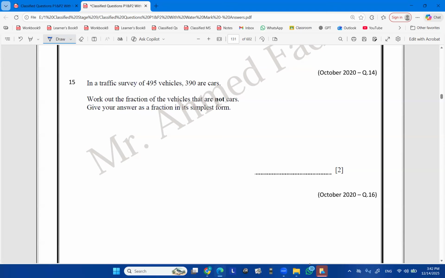Well, Mr. Omar, they're telling me that 390 over 495 are cars. So how many are not cars? Well, then I have here the rest, which is 105 out of 495 not cars,